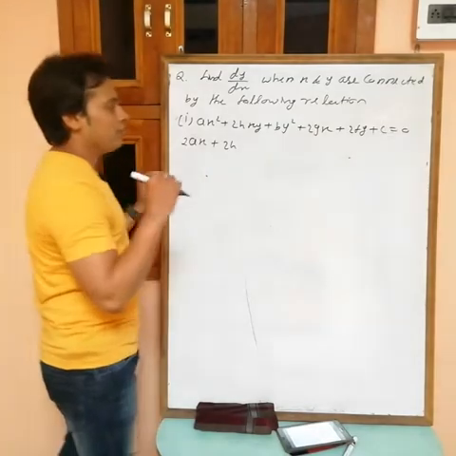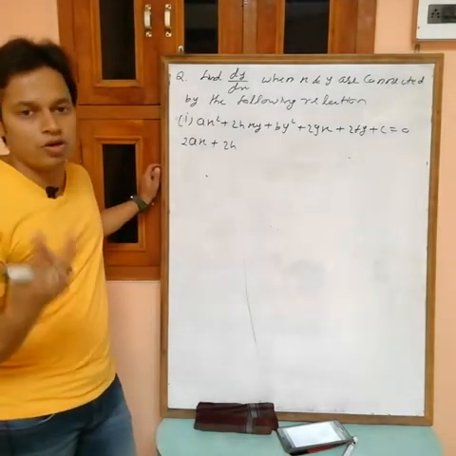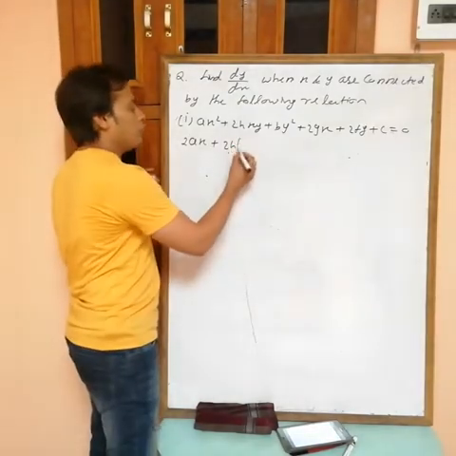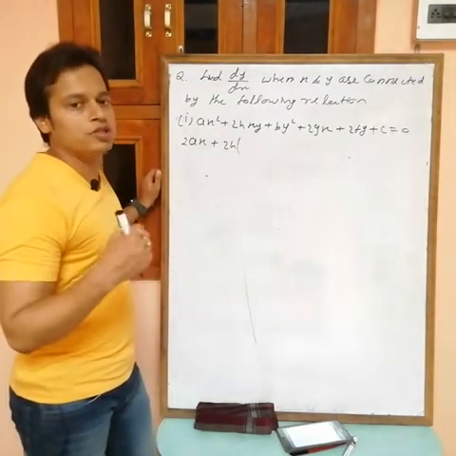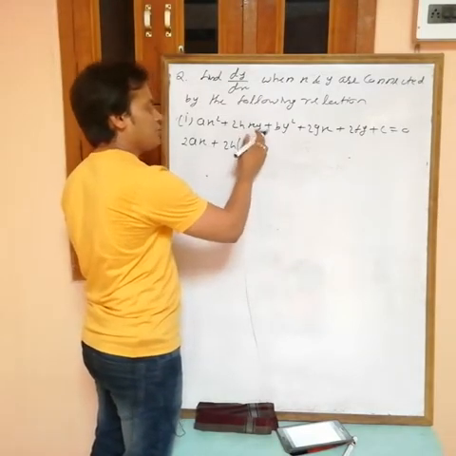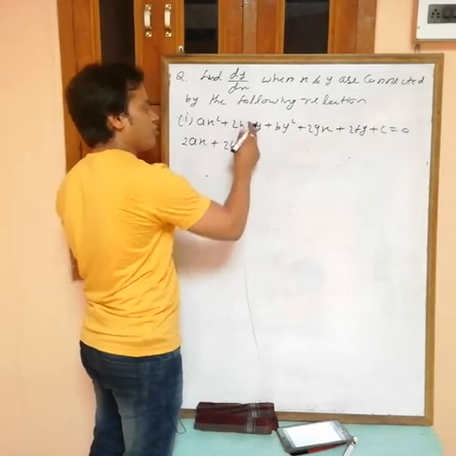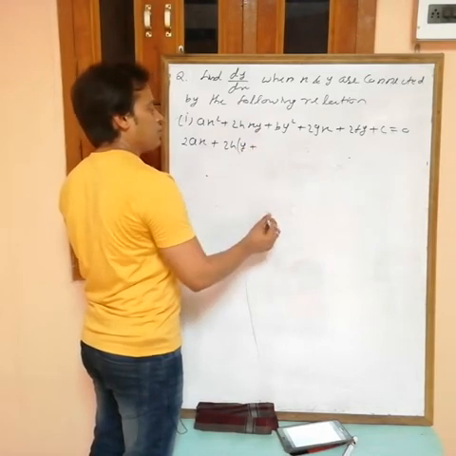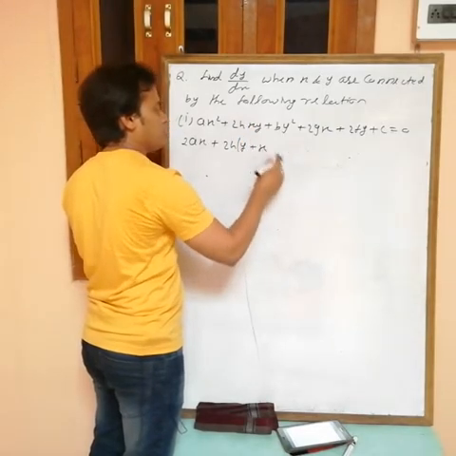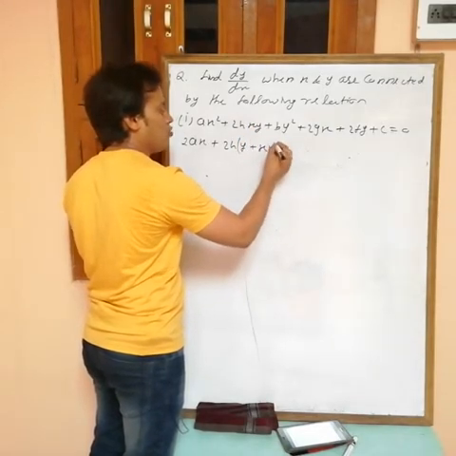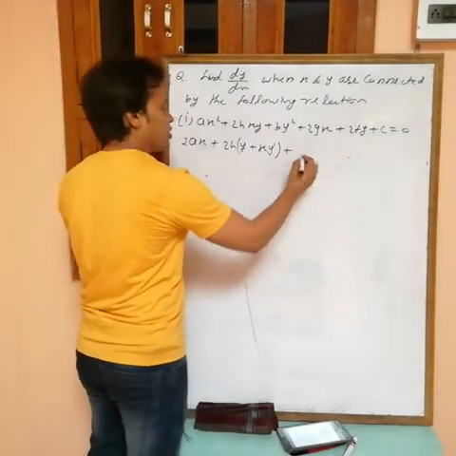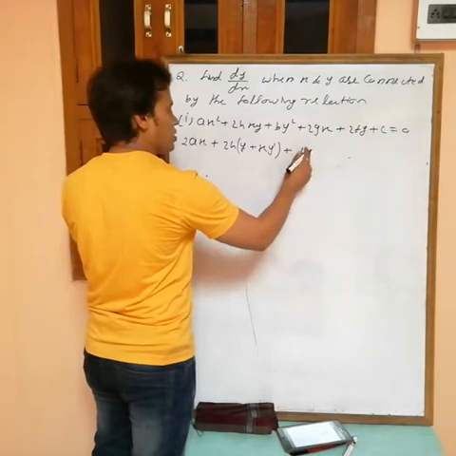constant outside. Now we have x into y, a product of two functions. At a time you can only differentiate one function, so use the differentiation rule for the product of functions. First I will differentiate x, then y remains constant, so y outside, differentiation of x is 1, then plus now we will differentiate y, then x remains constant and differentiation of y is dy by dx or y dash, both are the same thing.